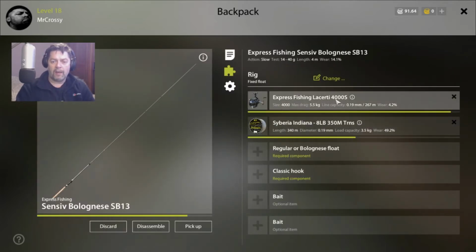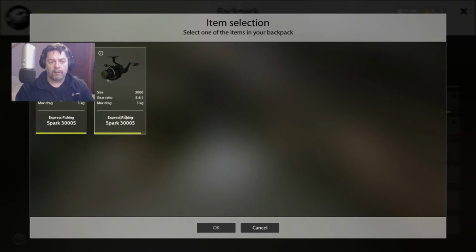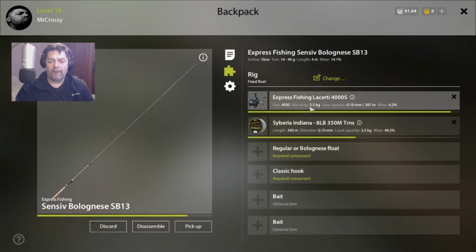I'm using an Express Fishing lxCROSSYxl 4000S, but if you're new to the game, you could always use the Spark 3000S, which is a lot cheaper. It's not as good. It doesn't have the same max drag weight, where this is 3 kilos, the lxCROSSYxl is 5.5 kilos. So that lets you use a slightly stronger line,